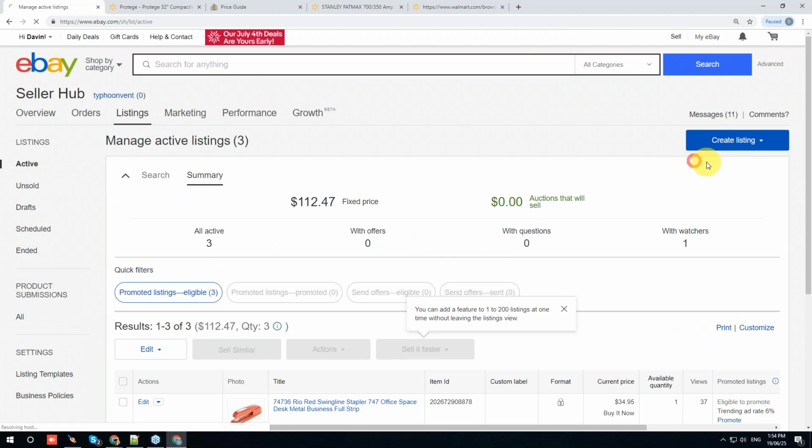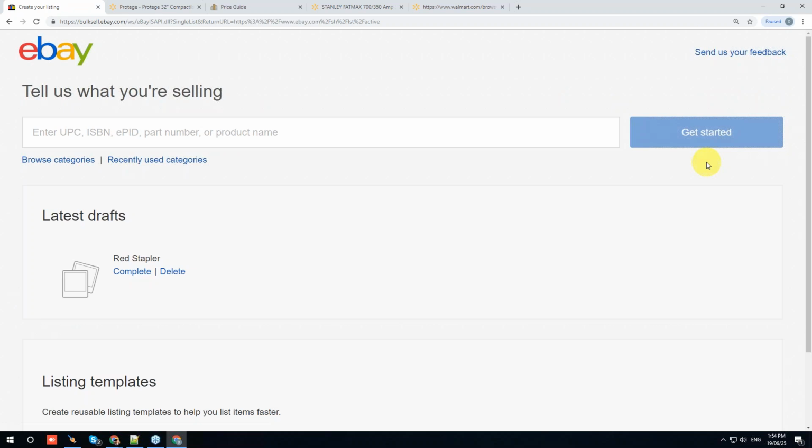listing. Now, the creating a listing process is going to be very similar to what we did with the very first listing and doing a practice item from home. And so when you get to this page where it says, tell us what you're selling, look for a link in the upper right-hand corner that says switch to business tool or switch to advanced tool, and make sure that you are using the advanced tool so that what we show you in this lesson will look like what we're